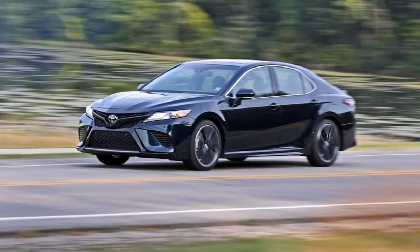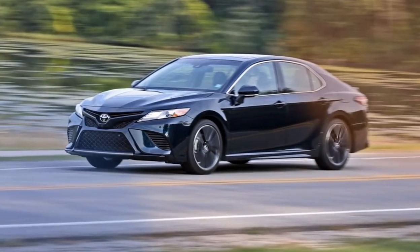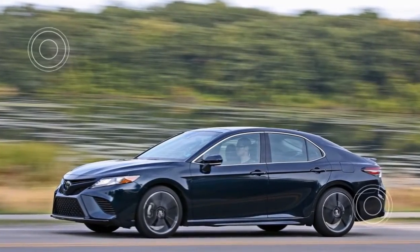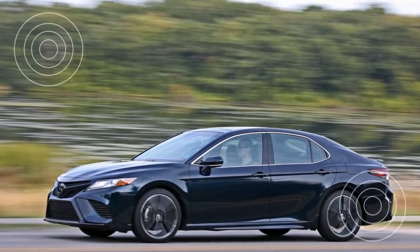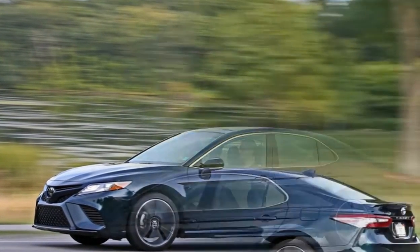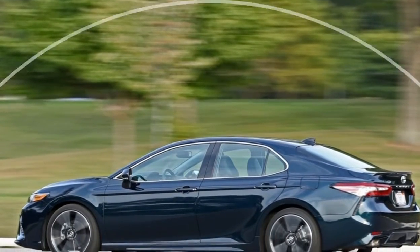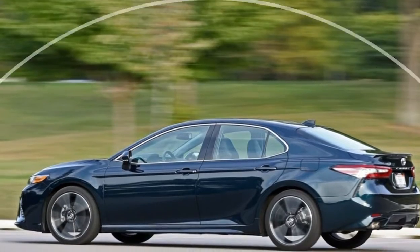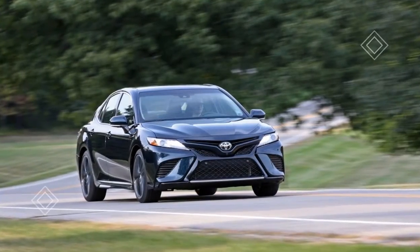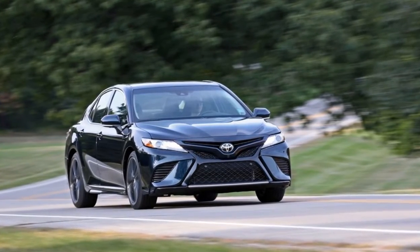Toss out Toyota Camry during a word association game, and most automotive enthusiasts would respond with some allegory for anonymity, appliance, or a similarly unflattering description for automotive wallpaper. The latest Camry, with its all-new platform, fresh powertrains, and expressive styling, attempts to shake off that image. The range-topping Camry XSE V6 is the most effective implementation of that retooling, blending the lineup's most powerful engine with